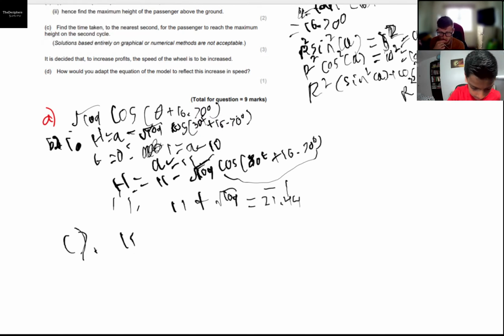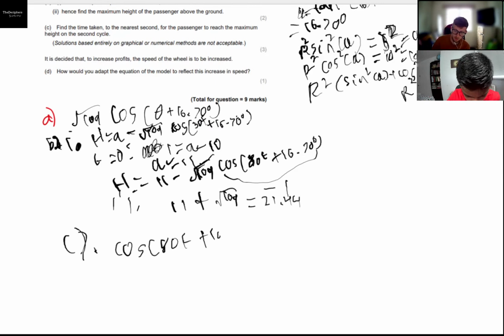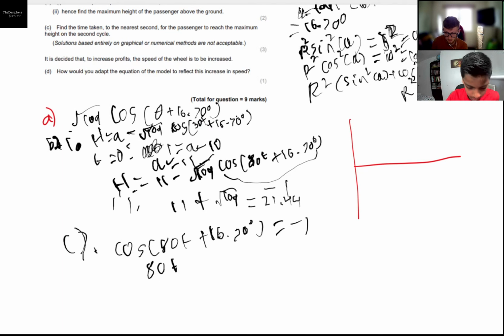Actually, all we need to do is, because we already know that we want that cos term to be minus 1, so cos of ωt plus 16.70 degrees is minus 1. So ωt plus 16.70 is